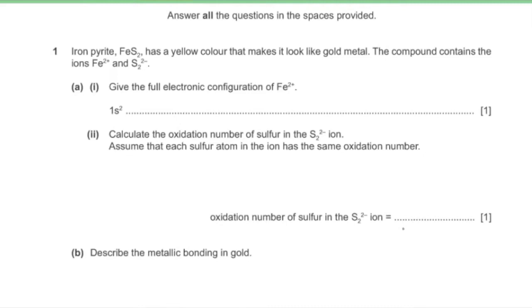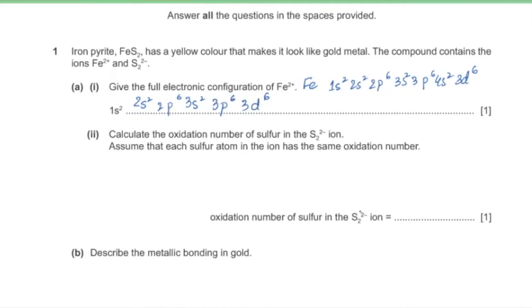So for the electronic configuration of an ion, you first write the electronic configuration of its neutral atom, meaning Fe, which is 1s2, 2s2, 2p6, 3s2, 3p6, 4s2, and 3d6. And that of Fe2+ would have 2 electrons less in the 4s subshell, meaning it would be 1s2, 2s2, 2p6, 3s2, 3p6, and 3d6. Because electrons only get removed from the shell that is of higher energy level, and that's the 4s